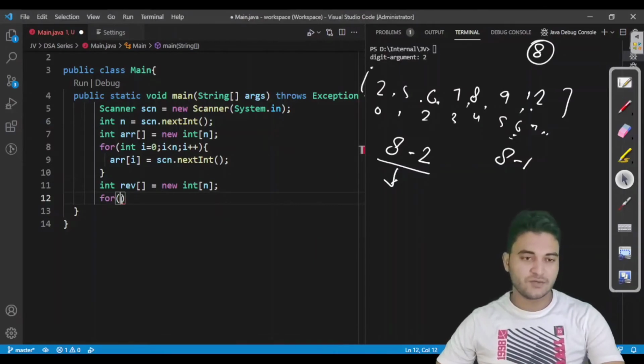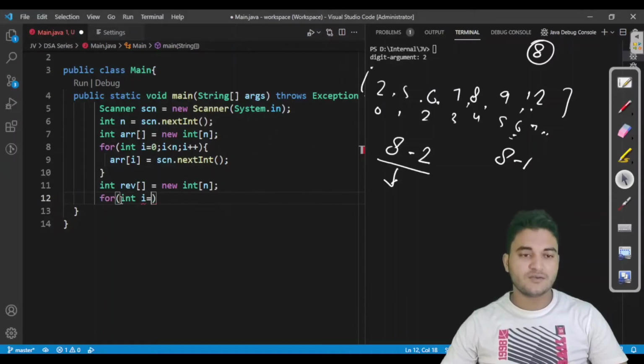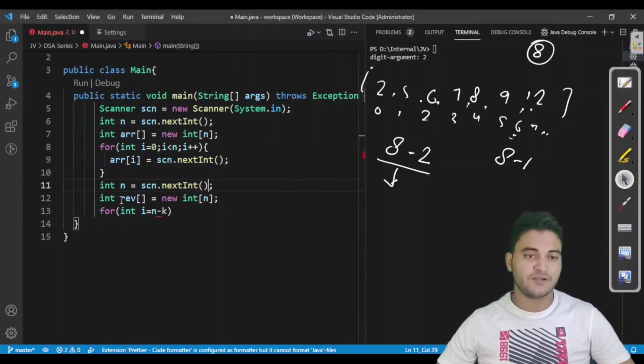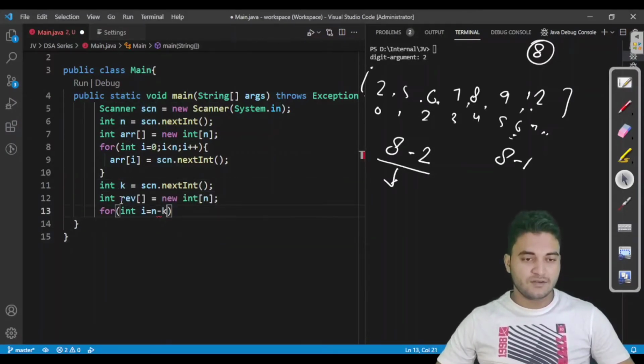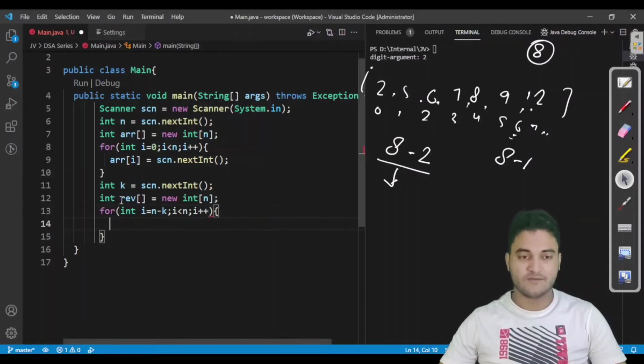So in the first loop, you will start your loop from I is equal to n minus k. Actually, we have to take one more input from the user: what would be the rotation number for the array, inside our k variable, fine. So n minus k, and we have to move this loop till n, or we can write it just like this, fine.